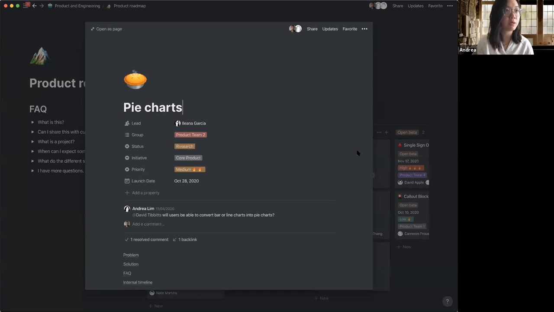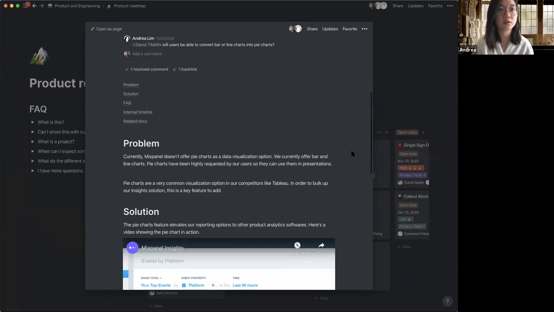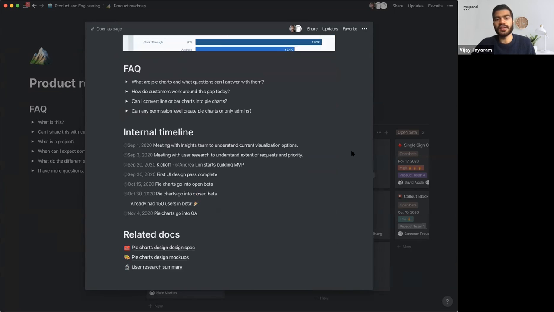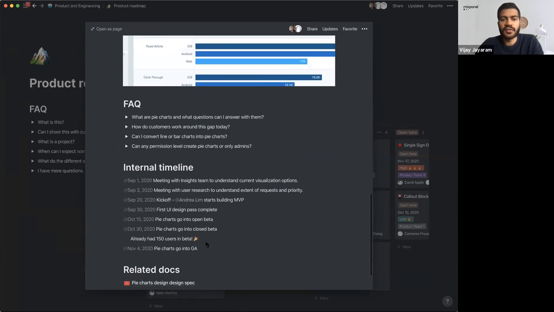Rigo's asking, you mentioned this roadmap is meant to be high level. So where do you add and maintain detailed requirements? I think Vijay, you showed that very briefly, right? At the bottom. Yeah. So this top level page is pretty high level. Any sort of long form requirements, you can just add as nested pages underneath here, that are rooted